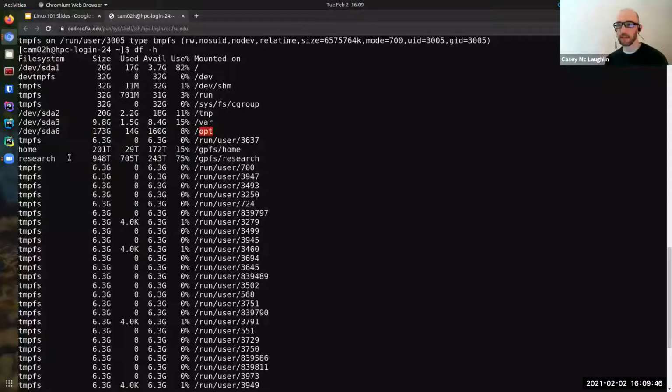Okay, and finally, GPFS home and GPFS research are two components of the GPFS file system that we sell to users. And of course, this is almost astronomically sized at 948 terabytes, almost a petabyte. You can see the research partition is 3/4 full, whereas the home directories are 15% full.